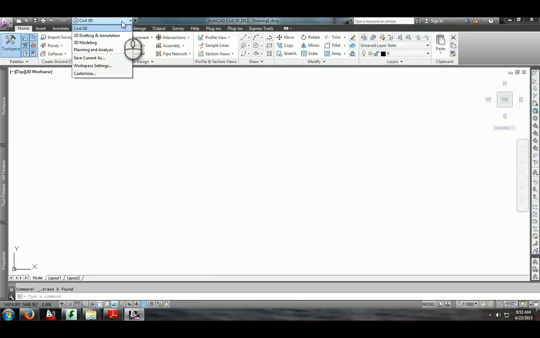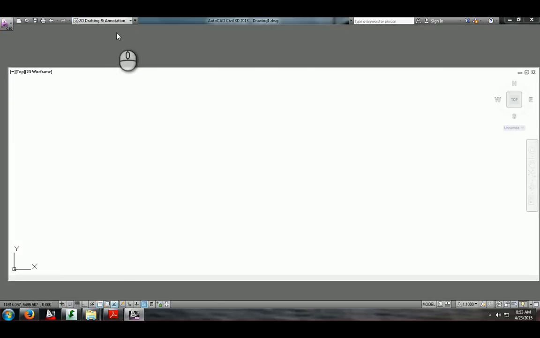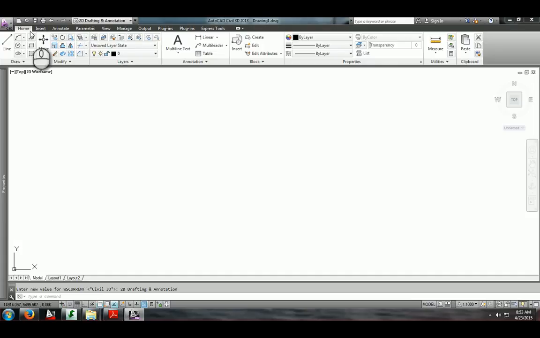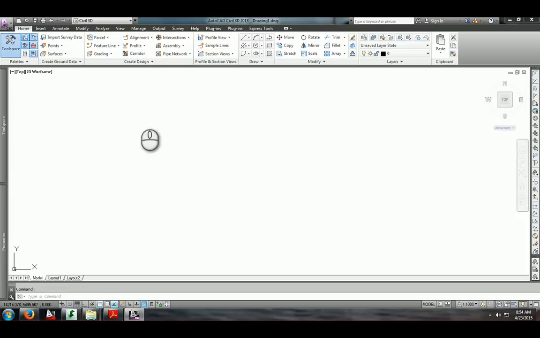Another thing Civil 3D allows you to do is 2D drafting and annotation. This is AutoCAD. You're not in Civil 3D anymore when you enter this drawing mode. So if you're trying to do Civil 3D and you look up and 2D drafting annotation is on, you can't do Civil 3D. You have to change it to Civil 3D. It seems like common sense, but you'd be surprised how many questions I have to answer about it. I think that's the end of this video. I showed you kind of a walkthrough of what's in Civil 3D, and I hope